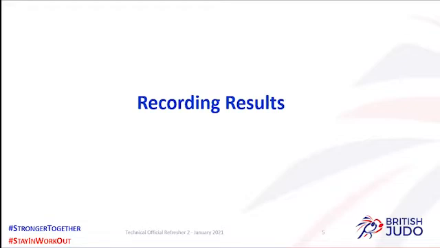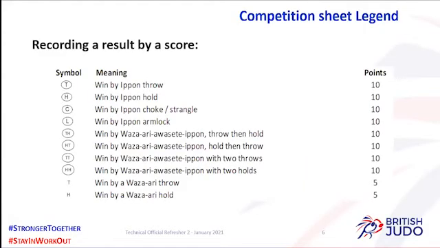So the first thing we want to get off with is the recording of the results and recording of those quite accurately. So this is the legend, or half of the legend. The other half will be on the next slide, and we've tweaked the legend a little bit. So most of it will be familiar to people. So the first four are obviously going to be quite familiar. A T with a circle, winning by ippon throw, H with a circle, by a hold, C with a circle, by a choke or strangle, whichever you'd like to describe it as, and